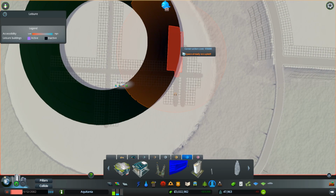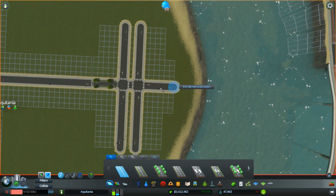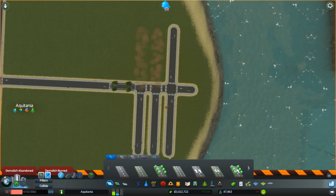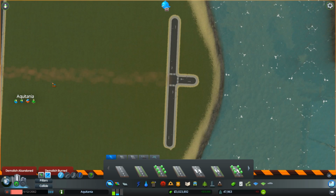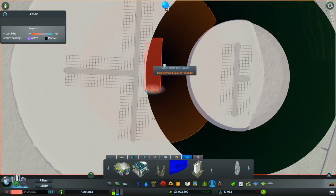I should have taken one of those things out, shouldn't I? I still don't think that's far enough. Good grief. Okay, so we'll take it out to there. And this time I am going to get rid of those other two. That should be close, I think. With a bit of luck. You know what, we can actually get rid of that, so we can put the darn thing in properly. Assuming it works. It's bound not to work. But